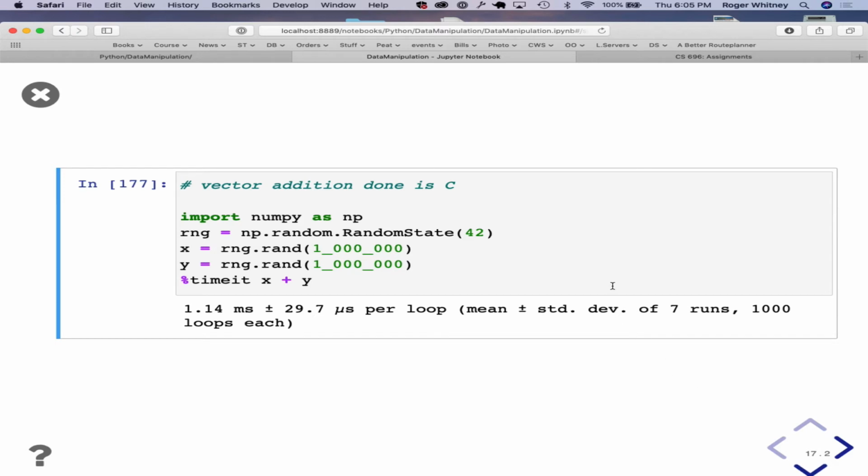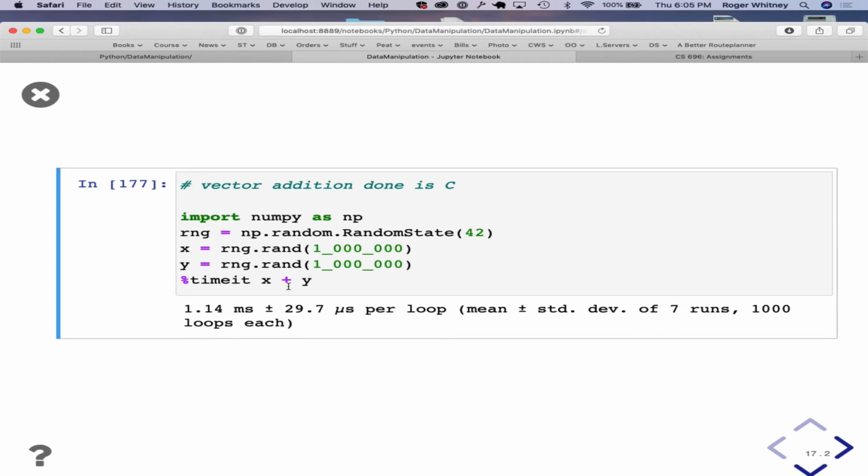Yeah, so there are times you have to be careful, how's the computation being done? Is it being done in the C world or the Python world? So here we're creating basically 2 series and adding them together.